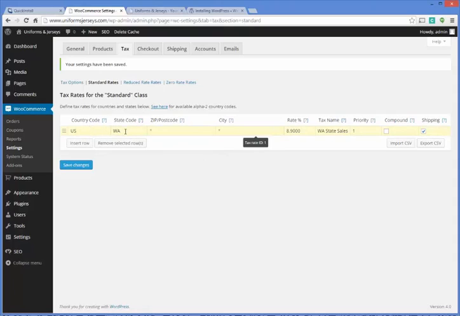So start with your country code, then go to your state code, and the best thing to do is to go by the specific. Keep the zip code blank, keep the city blank, and then set your state tax rate. And then each county, though, in some instances within your state, they do require different tax rates and things of that nature. So what you can do is at the end of the year, at the end of a month,